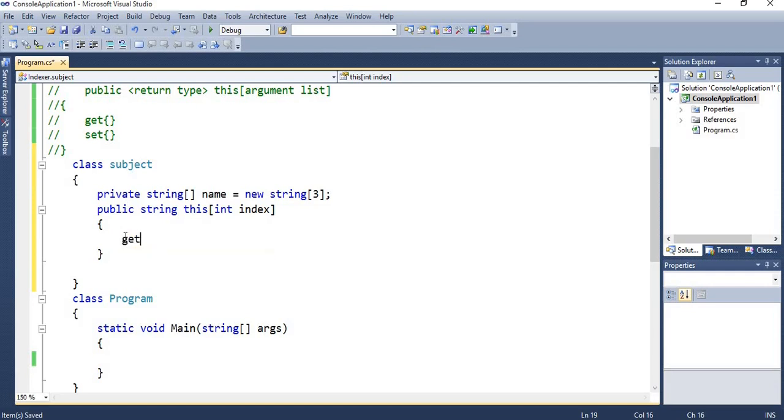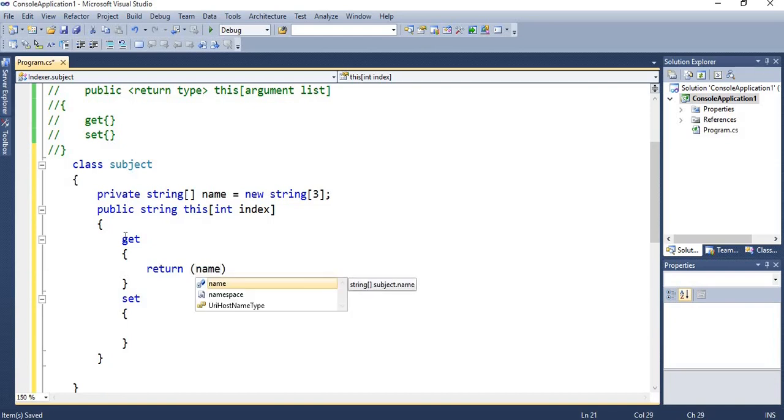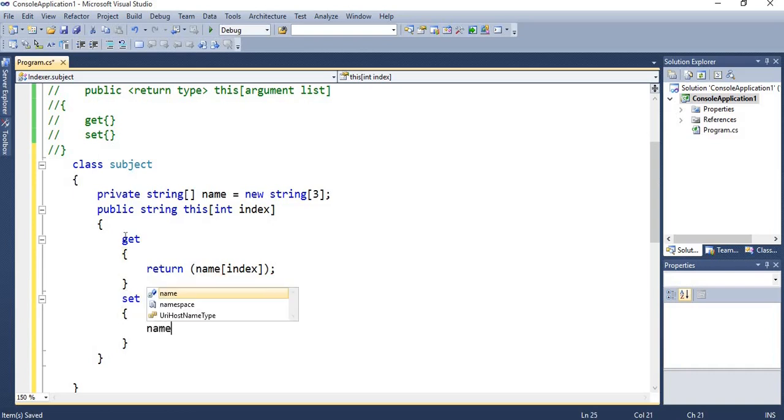Then in the get and set accessors we have to specify return name in brackets index. Here name in brackets index is equal to value.